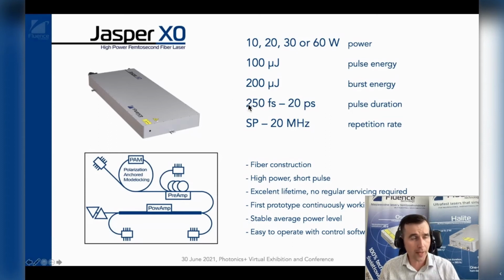and this spans a very broad range from 250 femtoseconds up to 20 picoseconds. And not only that, because you can also tune the repetition rate from single pulse to 20 megahertz. So this gives you a broad range of parameters that you can change to match your process, to match your material. For example, for glass processing, it might be a longer pulse that is more effective. And for some metals, it will be a shorter pulse of 200 femtoseconds,